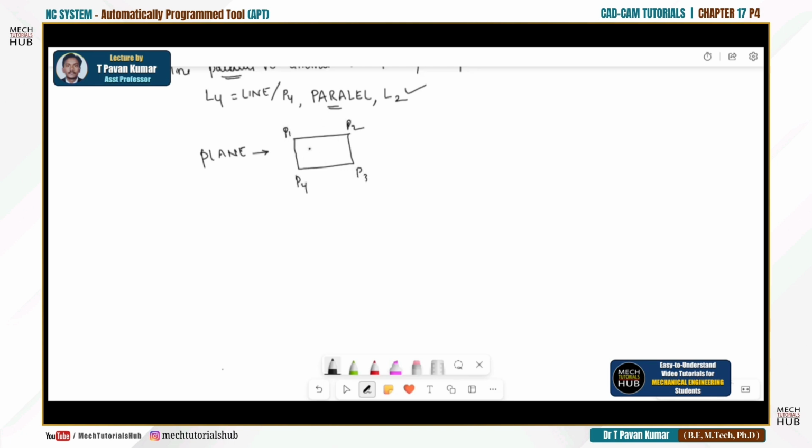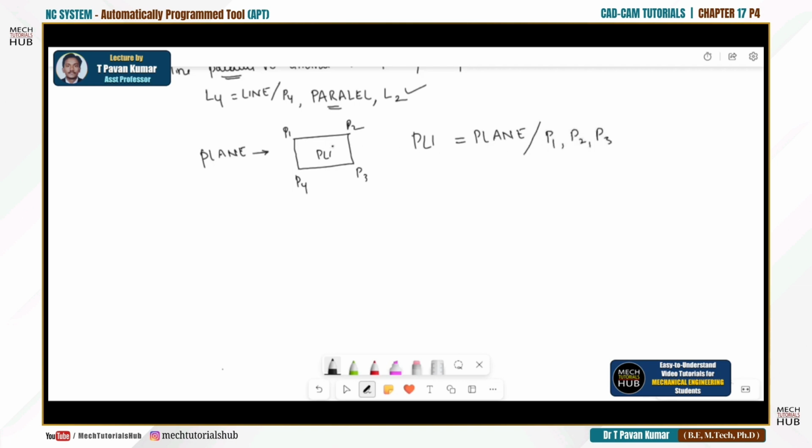The complete geometry has to be represented with some information: what the vertices are, followed by what the different links or lines are, followed by whether it is a line, a plane or a wireframe, what exactly we have to represent. To say that this is a plane, let me call it plane PL1. The complete thing, PL1, is a plane, in capital letters, which is passing through P1, comma P2,